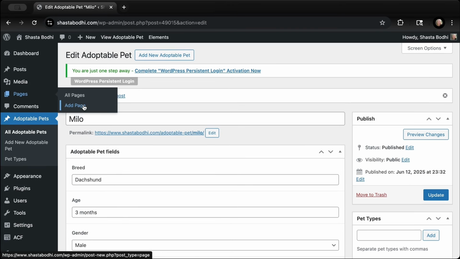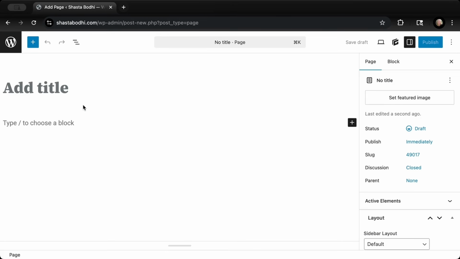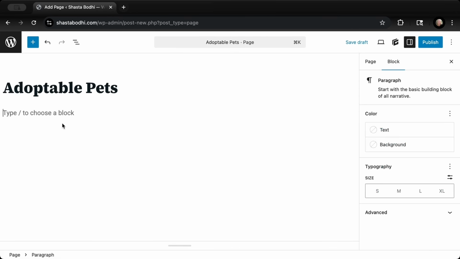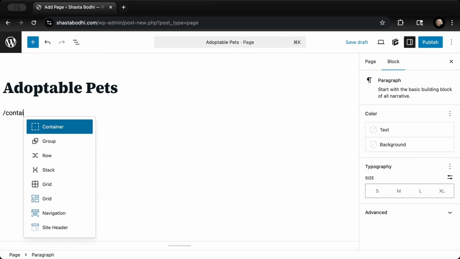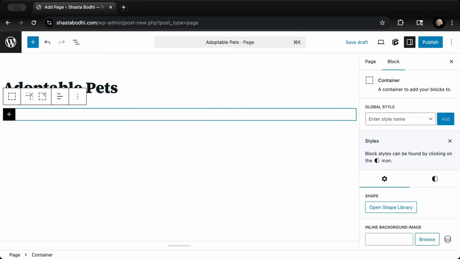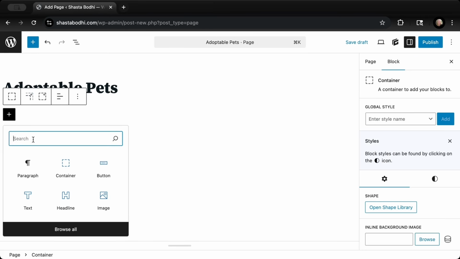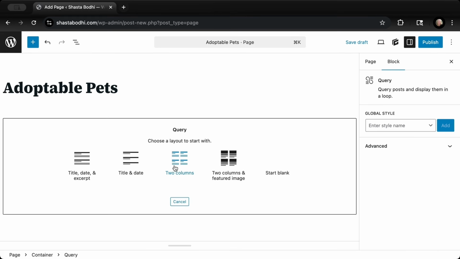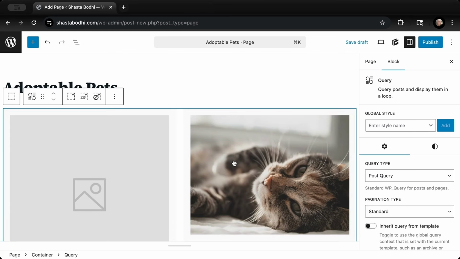Now we will set up a page and bring in all of this information. So we'll set up a page, adoptable pets. And we are going to first set up a container into which we are going to bring a query block. We're going to just start with this 2 columns with the featured image, and we're going to make some modifications